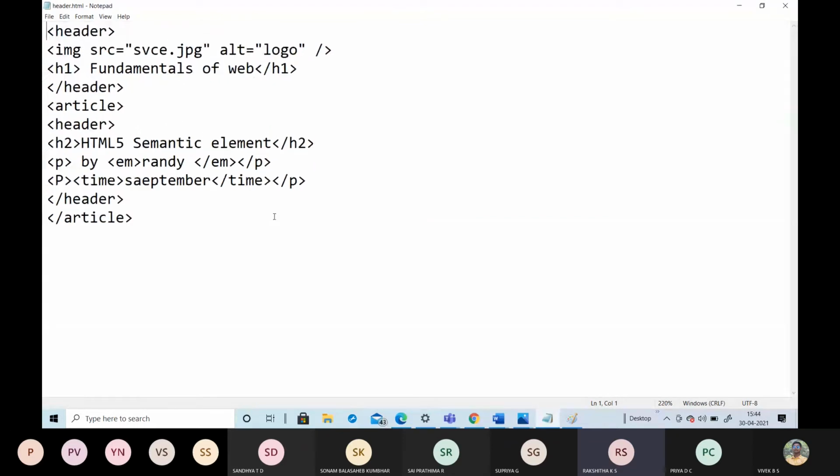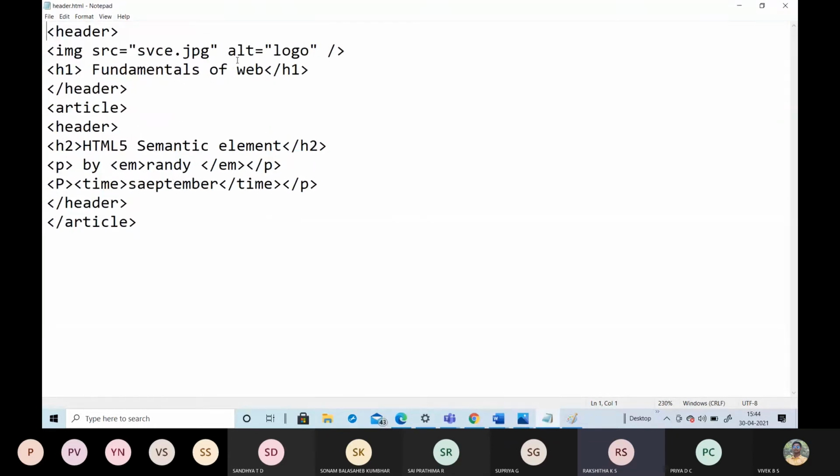Look here, in this header I have included the h1. This header needs to be displayed on the top of the web page, followed by one more header, and all of it should be present in the article. The article element specifies independent and self-contained content. Let me run this program.